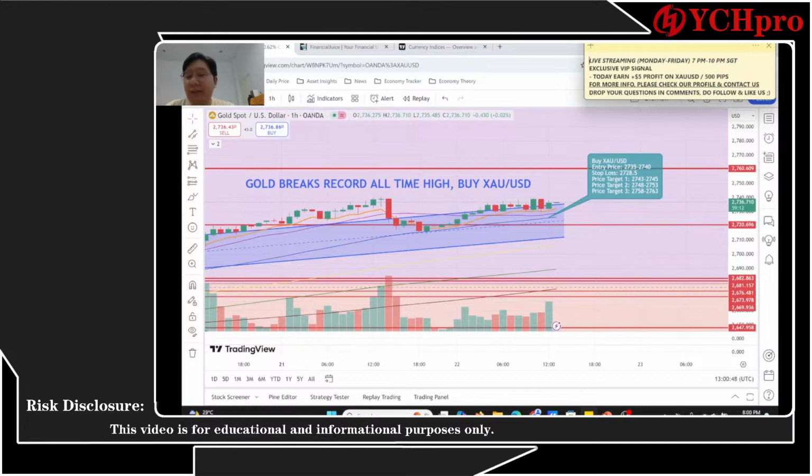Alright, so it seems that our signal is still heading in our direction, so I will not worry too much on that side, and let us see where it will lead us, because from what I'm seeing, gold prices should be heading higher, guys. I don't want you to miss out on that chance. Make sure that you put a buy signal, guys. I don't want you to miss out on good trading opportunities, guys.